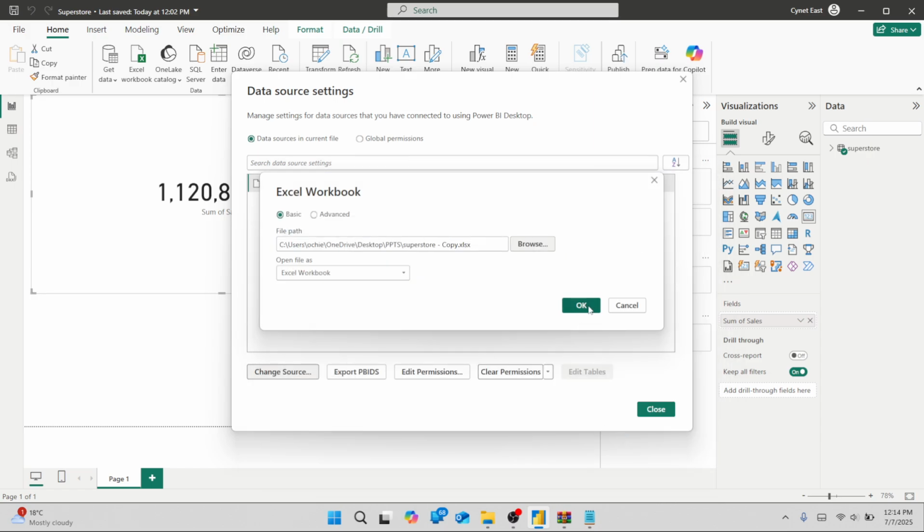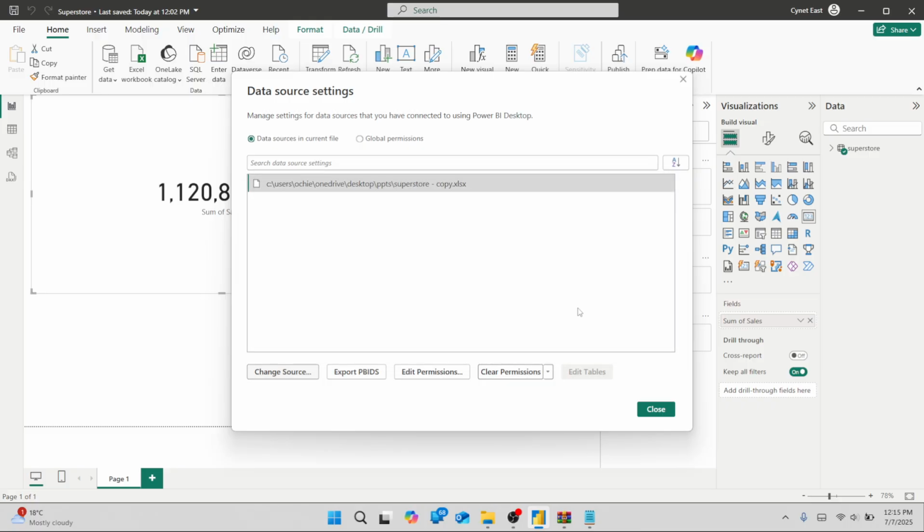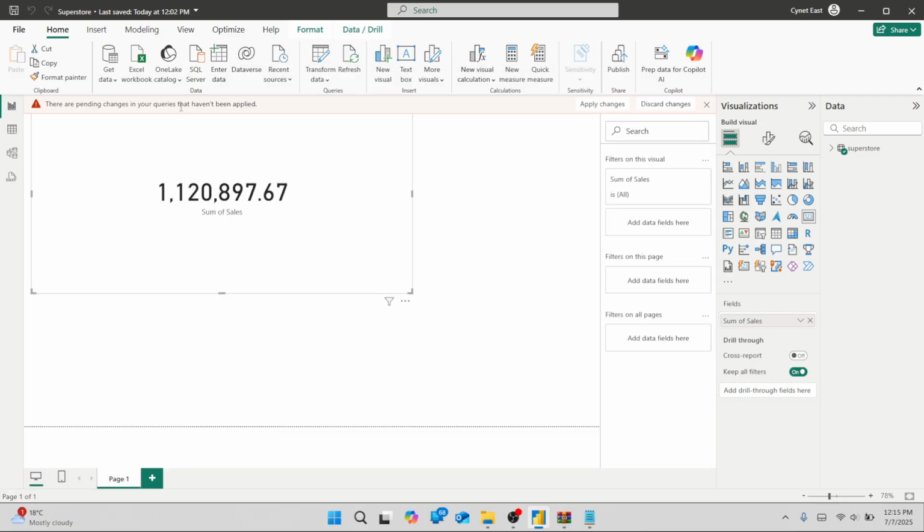So anytime somebody sends you a Power BI with the data set, ensure you change the source so that it can sync with the source, so that even if you do modifications on the raw data set, it will still be able to reflect. So once I've done that, there are changes in your queries. So I'll just apply changes because I have automatically changed the source. So you can see it's now collecting data from the other data set rather than this other data set. Yes, so basically that is how we connect Excel to our Power BI, and from that we can do a